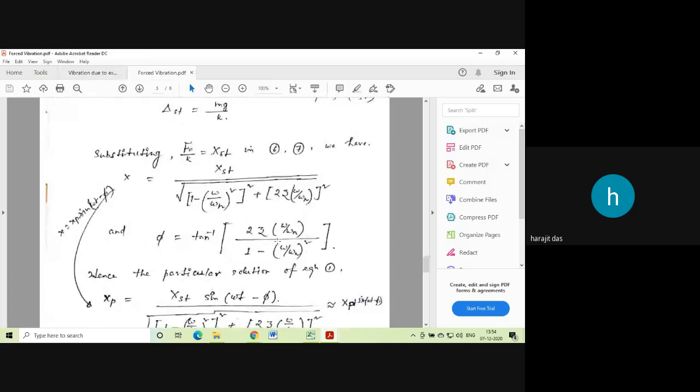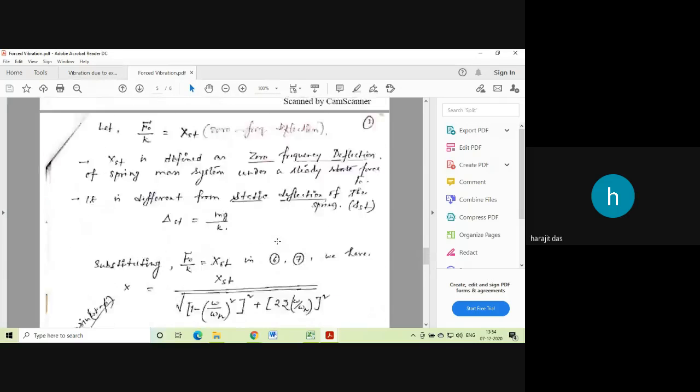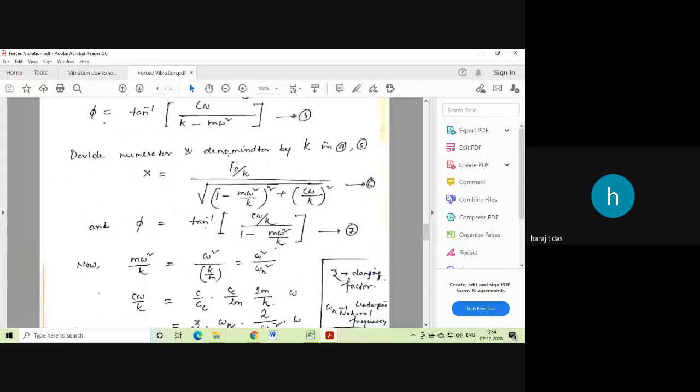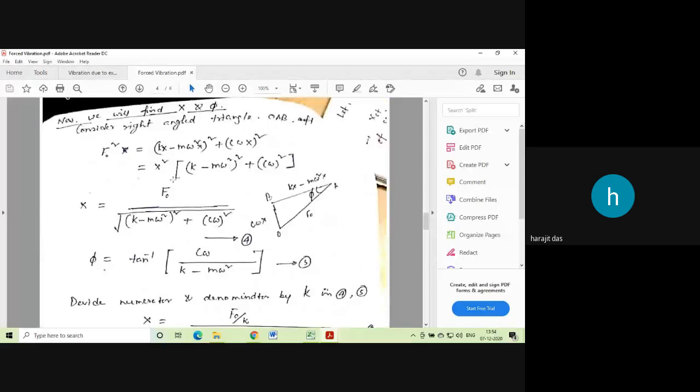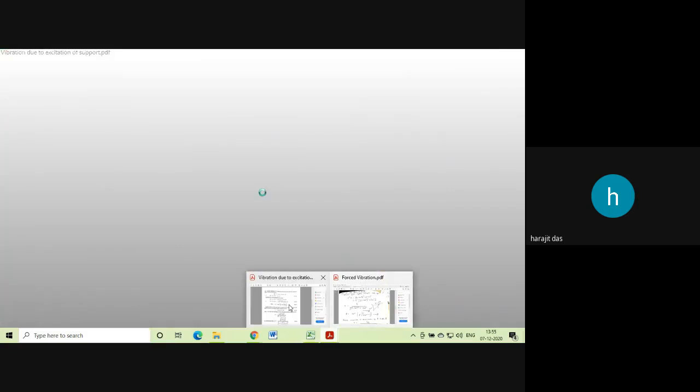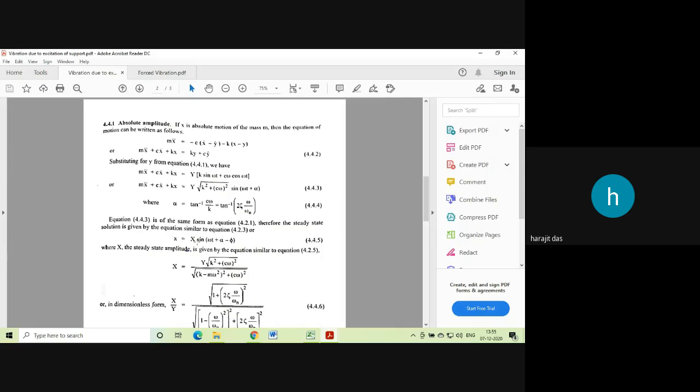Here you can see, yes, the f naught term was there. x equals f naught. So instead of f naught, here this term is there, y under root k square plus c omega whole square. And this one will remain the same. So if you just transfer this y to the left hand side, it will be